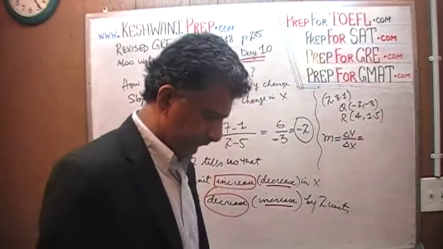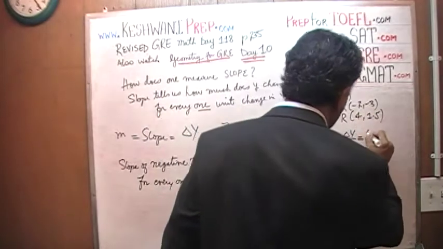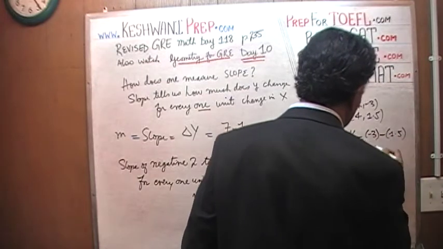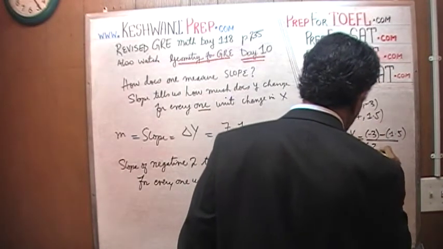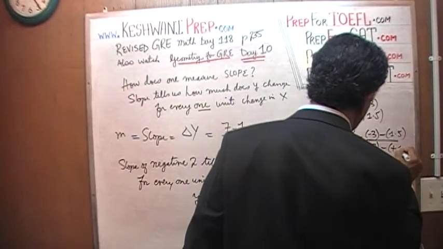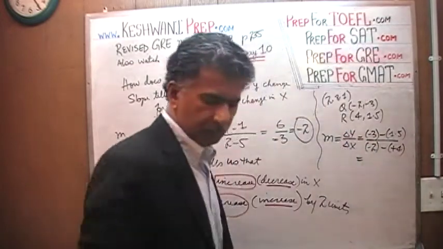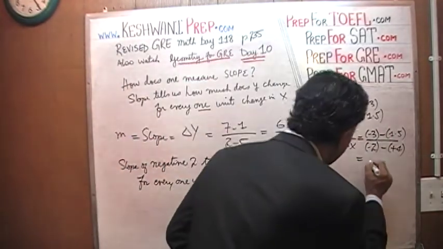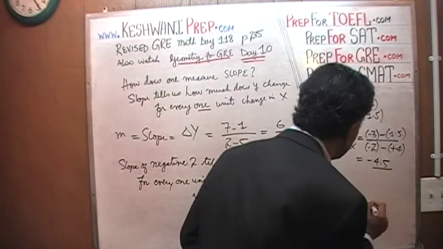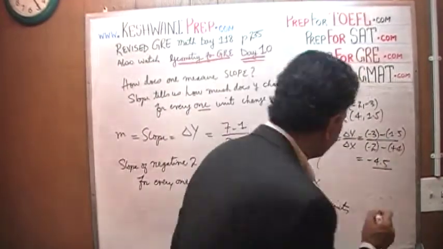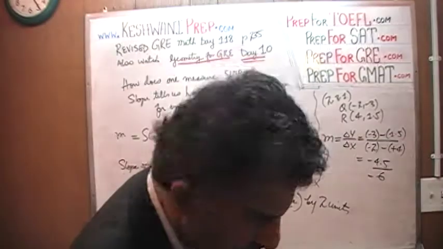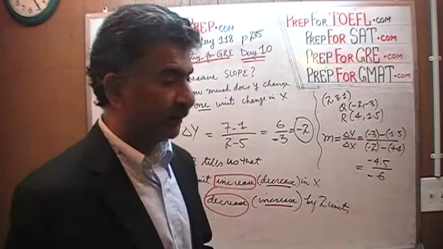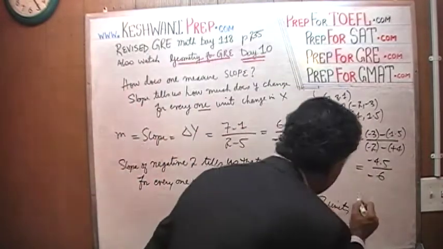How much is the change in y here? Well, it's -3 minus -1.5 over -2 minus +4. And that boils down to -3 and -1.5 is -4.5 over -2 and -4 is -6. And negatives from the top and bottom are going to cancel each other out. So basically it boils down to